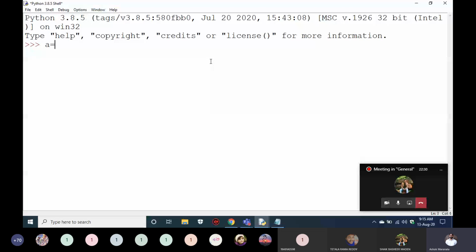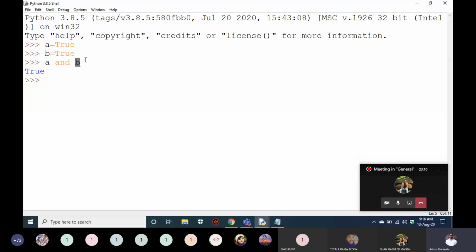Okay, so I'll take A equal to true and B is also equal to true. So if I go with A and B, I'm getting true. How AND is working: first it is checking the first statement, whether it is true or not. If the first statement is true, then it will go to check the second statement. It is checking the second statement also. The second statement is also true, so it is giving you output as true. If there is any third statement, it will check the third statement also. We are giving only two statements here. So how AND is working: if they are true, it keeps going forward.